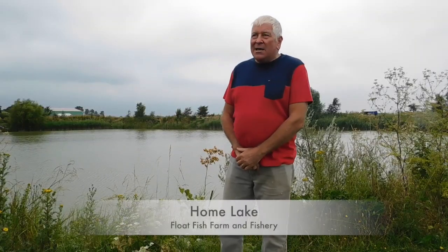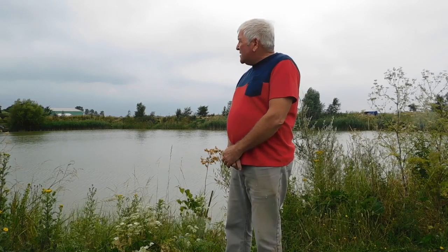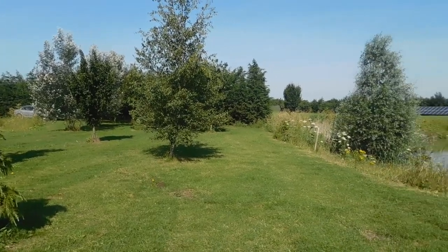Here we are on Home Lake. This was our first ever lake on this complex, and it's about 6-7 foot deep, bit of a mushroom in the middle as the bottom comes up. It's our runs water. You can book here for the day on a normal day ticket. You can fish 2 rods,